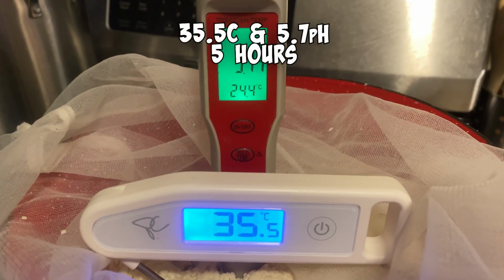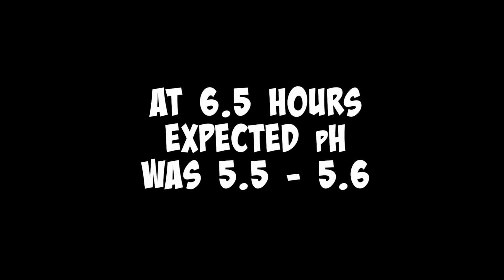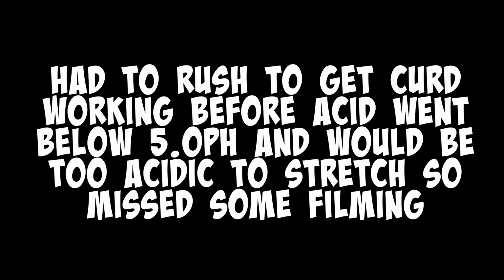But unexpectedly, when I checked at 6.5 hours, it had already plummeted from 5.75 to 5.1, and I realized I had to work on that curd mass pretty quickly before it dropped below 5.0. So I didn't get some filming done. Apologies for that. Anyway, we hit 5.15 pH, and I took the curd mass out and started heating the whey